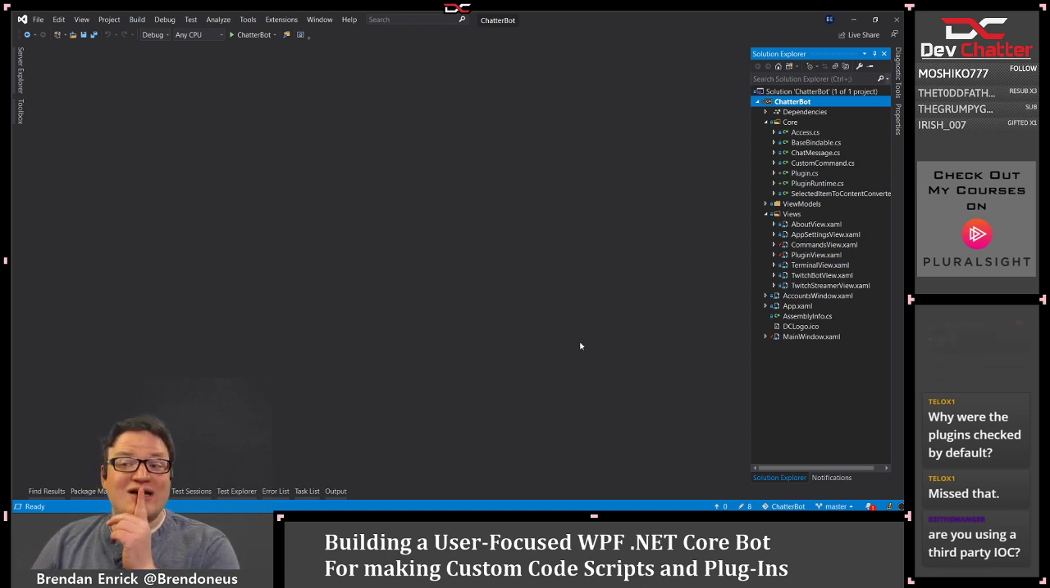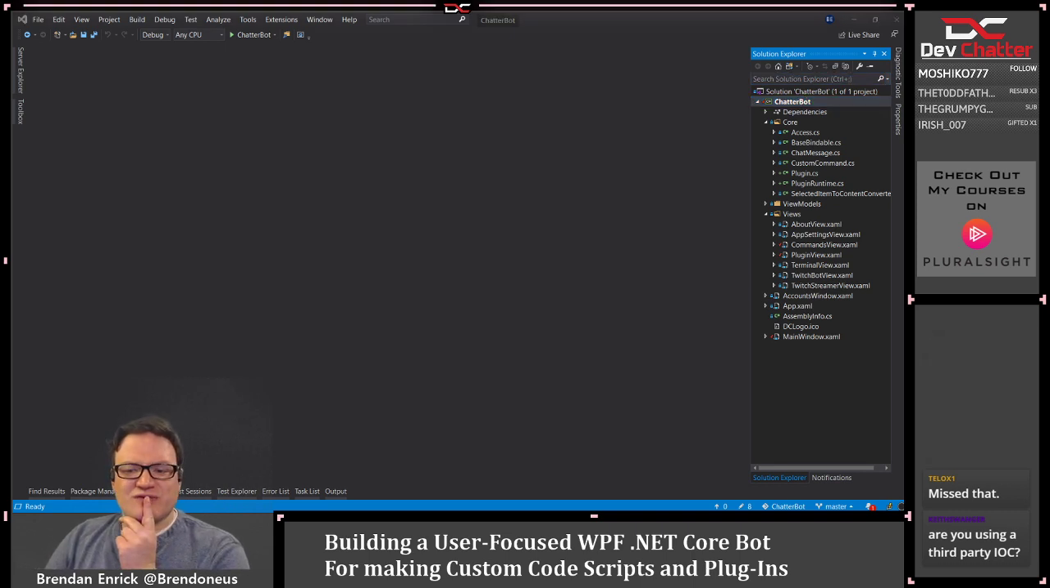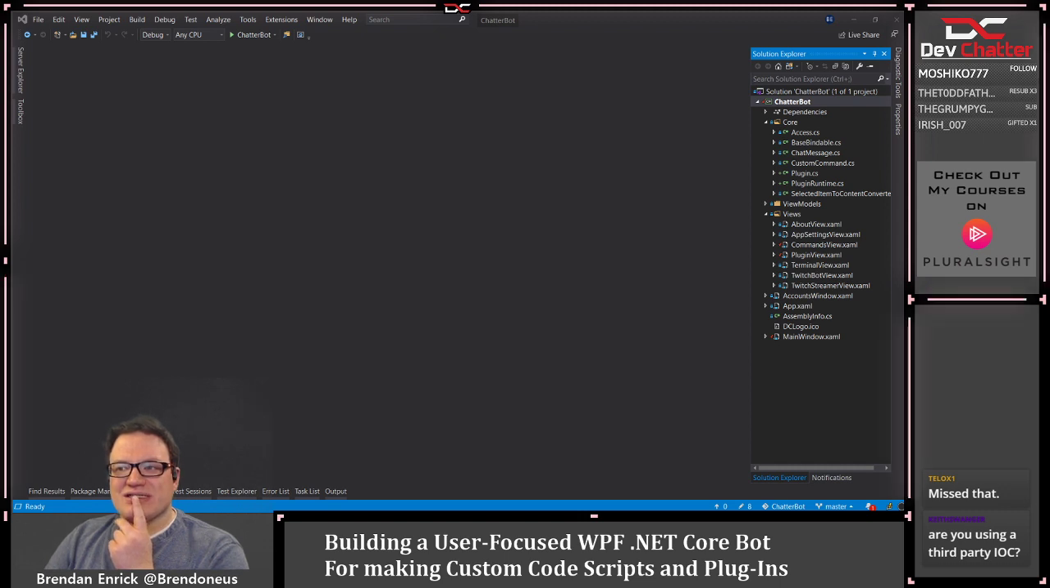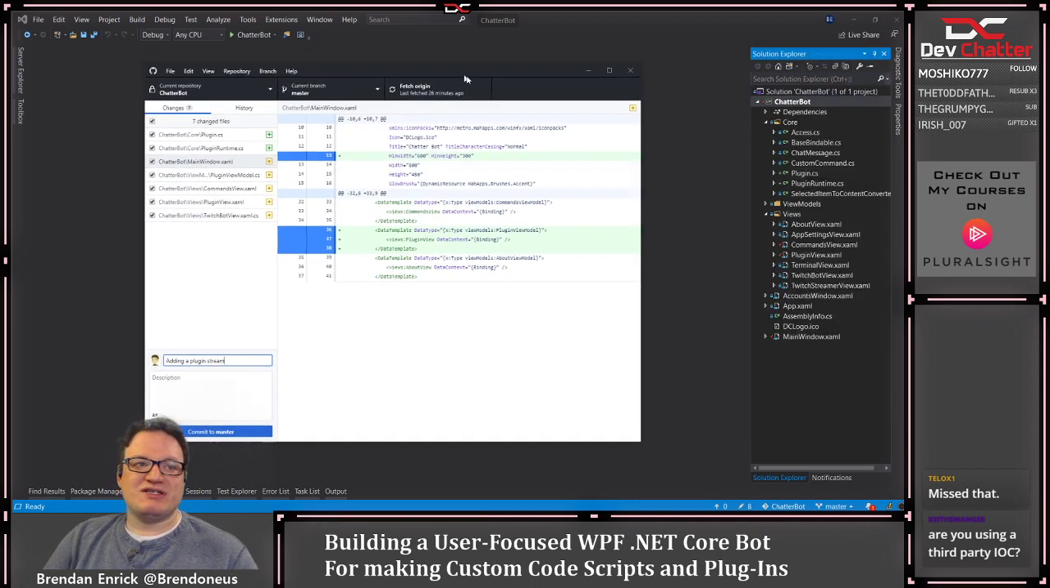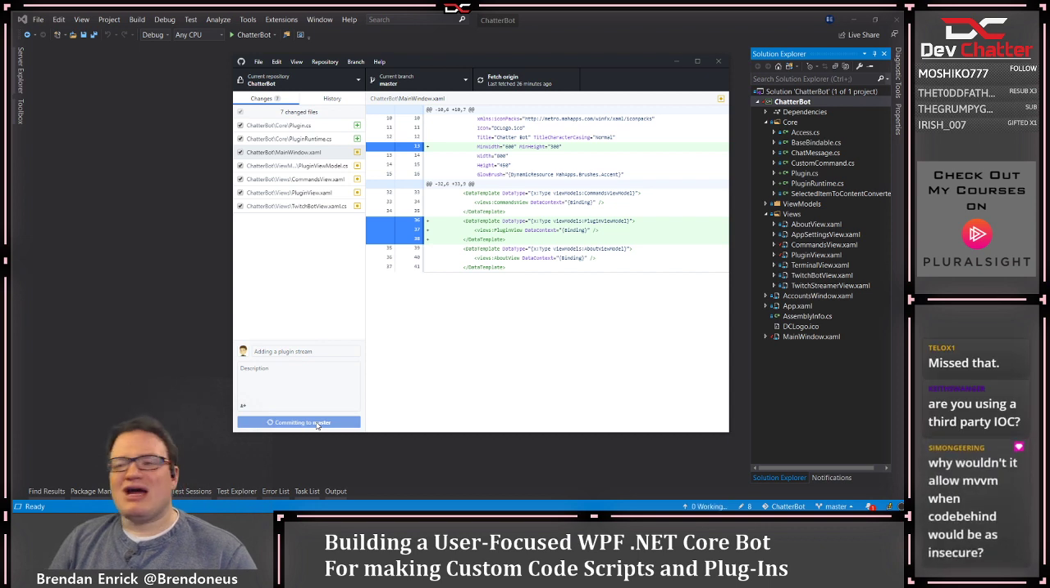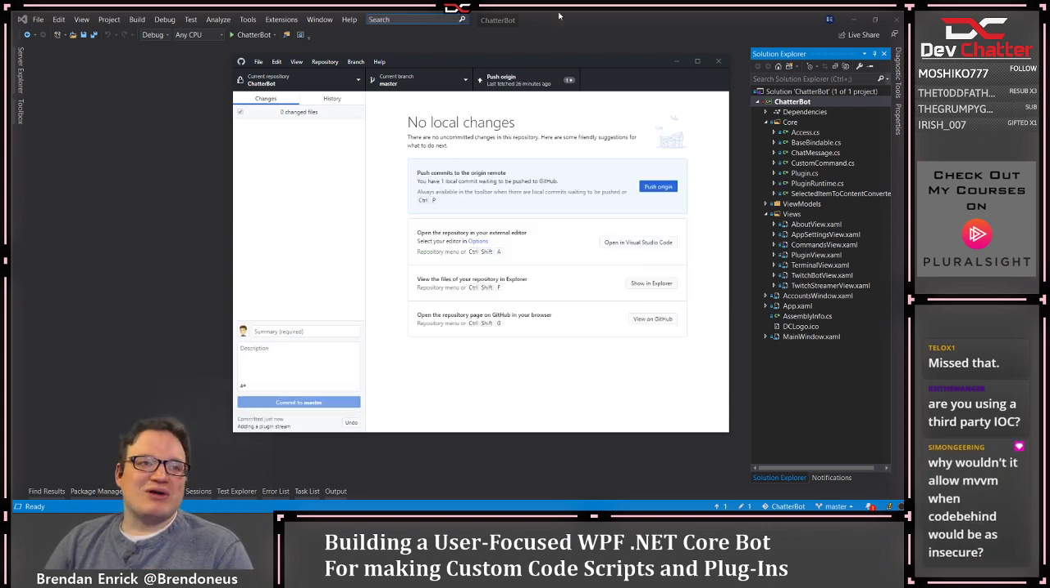Keith, we have not decided on our IOC yet for this. So let's add a couple of things. First off, I'm going to commit these changes, which is adding the plugin stuff, adding a plugin stream, and I will let you all see this. And yes, the horror, I am committing directly to master right now,